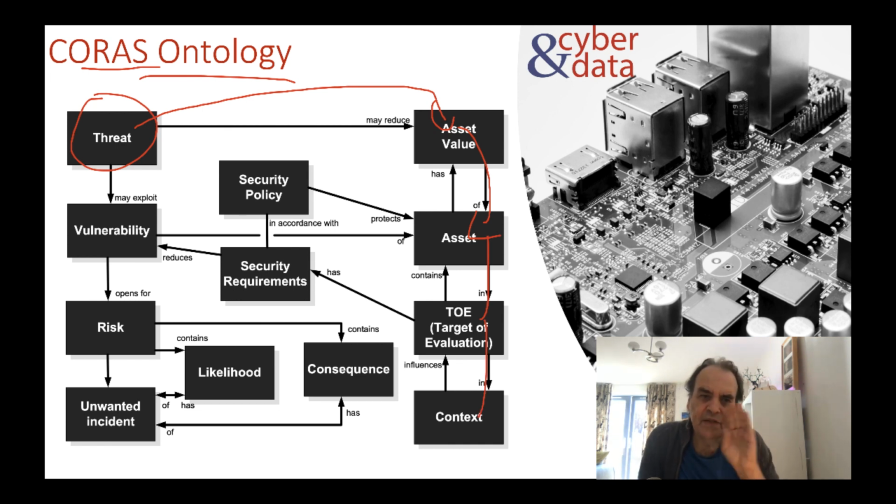So in this way we can start to crisply define what we mean by risks and vulnerabilities and assets and likelihoods and so on. A threat may exploit a vulnerability which opens for a risk which contains a likelihood of an unwanted incident. And in this way, technical teams and business-focused teams can articulate risk, vulnerabilities, costs, and so on in a